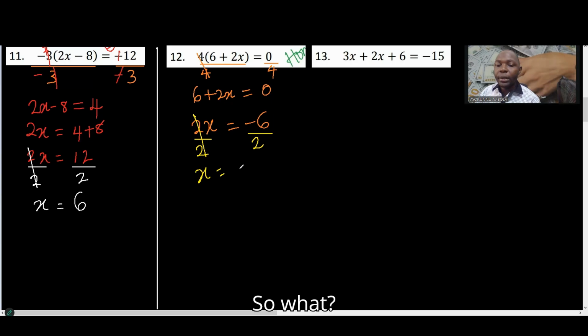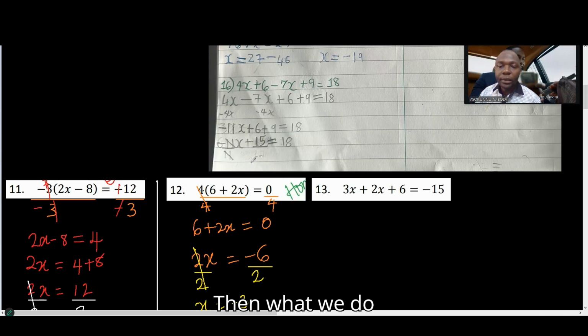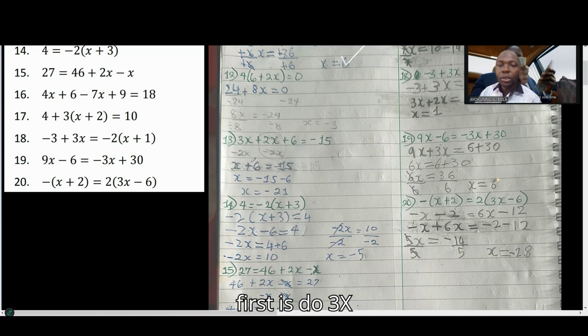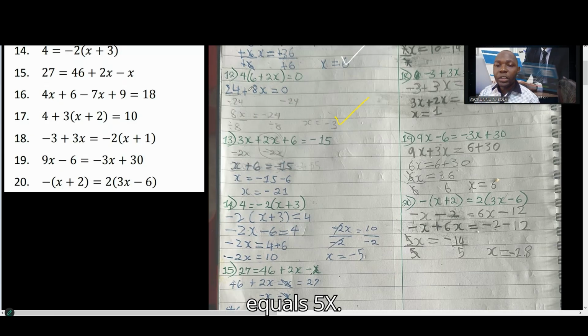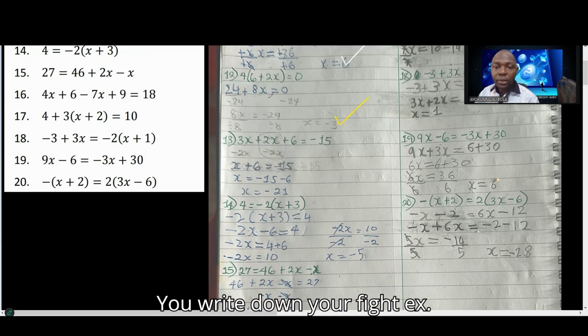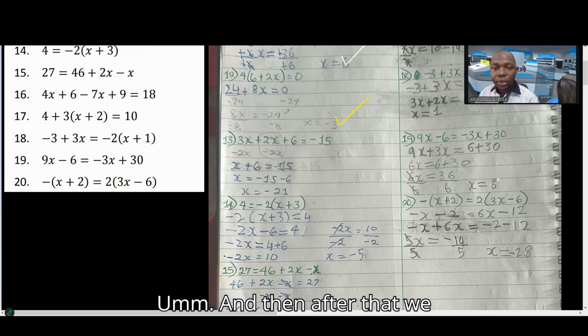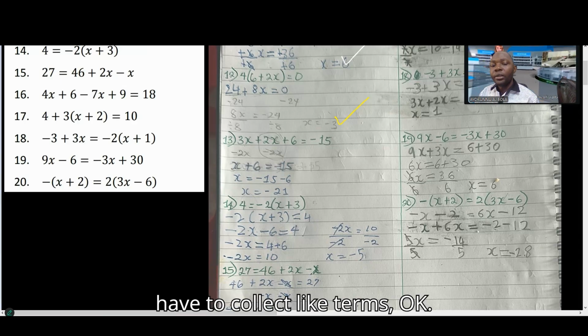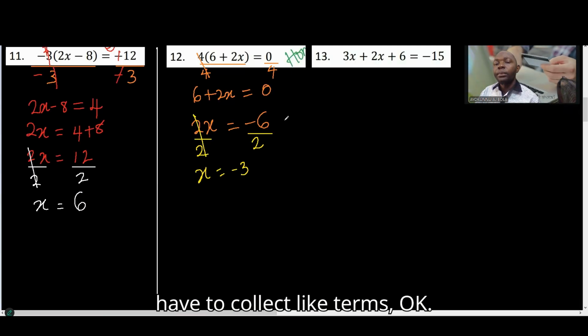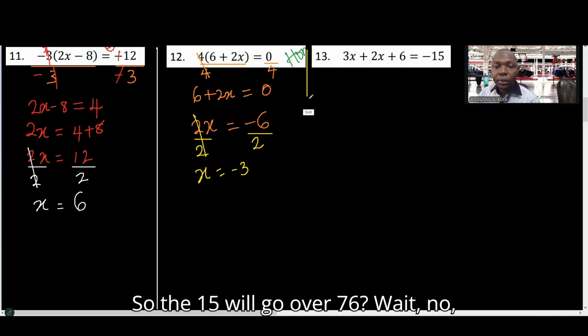What's 6 divided by 2? That's 3. So that's minus 3 because of the negative sign there. And you got minus 3 also. That settles it. You chose to expand it, which is still okay. So you subtracted 24 from both sides and you got 8x equals negative 24 and you divided by 8 to get negative 3. We got the same thing, but different method.